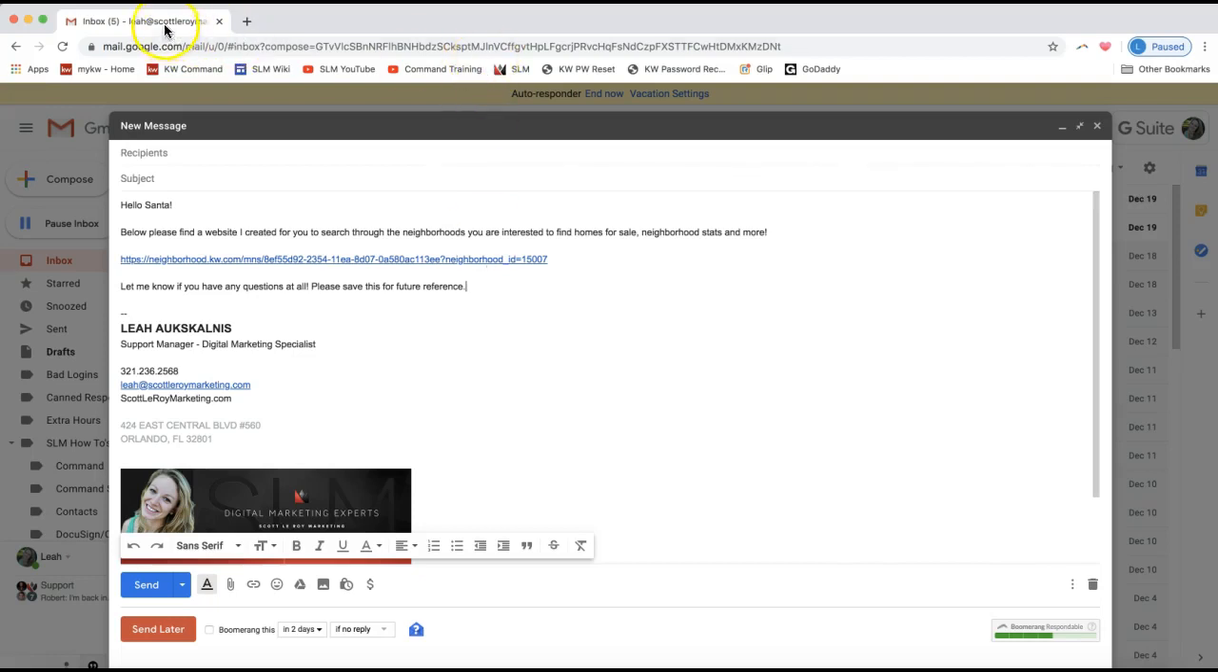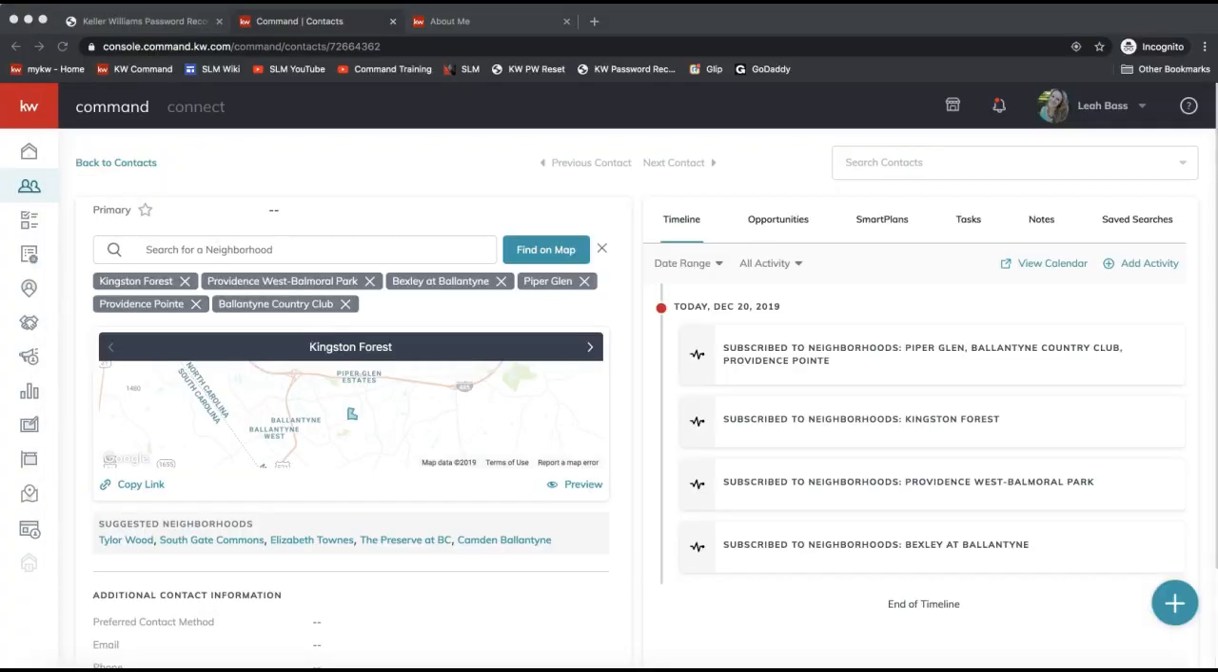Again, how we got that, right? How easy was that? All we did was add in some neighborhoods, click copy link, and we can send that out right away. And it looks like you spent hours putting together this wonderful neighborhood landing page that gives them all this hyper-local information on the homes they're interested in. So really great tool. With that being said, I just showed you how to manually send out this neighborhood